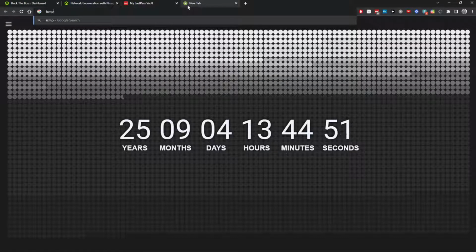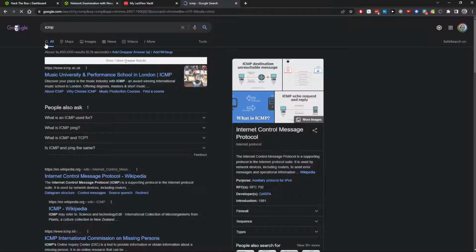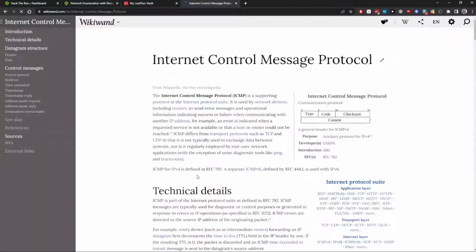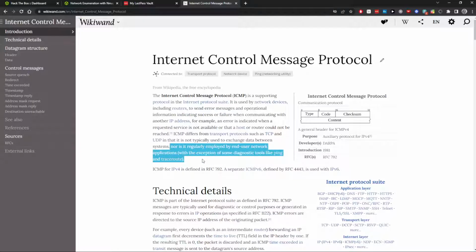Just a quick aside, ICMP, which is Internet Control Message Protocol, is a supporting protocol in the internet protocol suite used by network devices, including routers, to send error messages and operational information indicating success or failure when communicating with another IP address. For example, an error is indicated when a requested service is not available or that a host or router could not be reached. It differs from TCP and UDP. It's not typically used to exchange data, so it's just for error messages, nor is it regularly employed by end-user